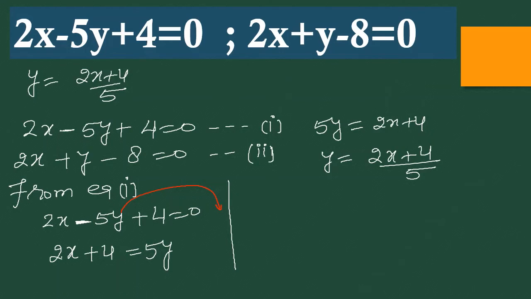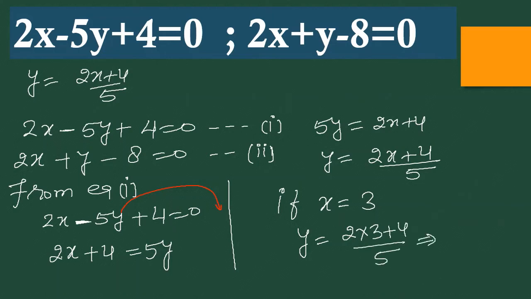This number will be in decimal. The resulting value of y will be in decimal. So I am avoiding 1. 2 also will produce a decimal value. So I want to take x equal to 3. So see what would come, y equal to (2 into 3 plus 4) upon 5. So here y is equal to 2 times 3 is 6, plus 4. Hope you understood, 10 by 5, that means 2.